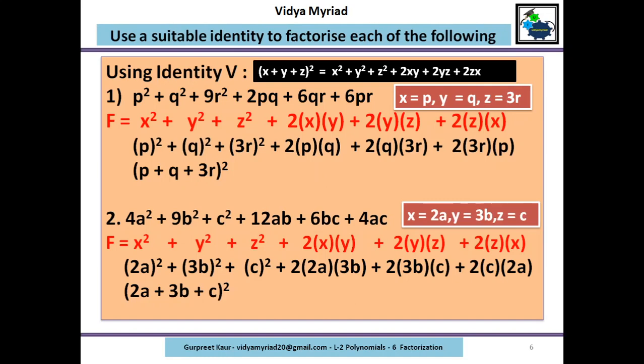Now you can practice. Find out what 2a plus 3b plus c the whole square is, put it into the formula. You will get your answer as 4a square plus 9b square plus c square plus 12ab plus 6bc plus 4ac,